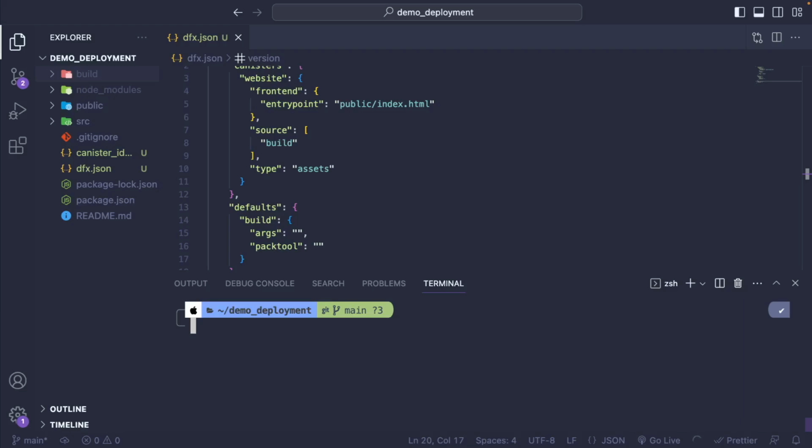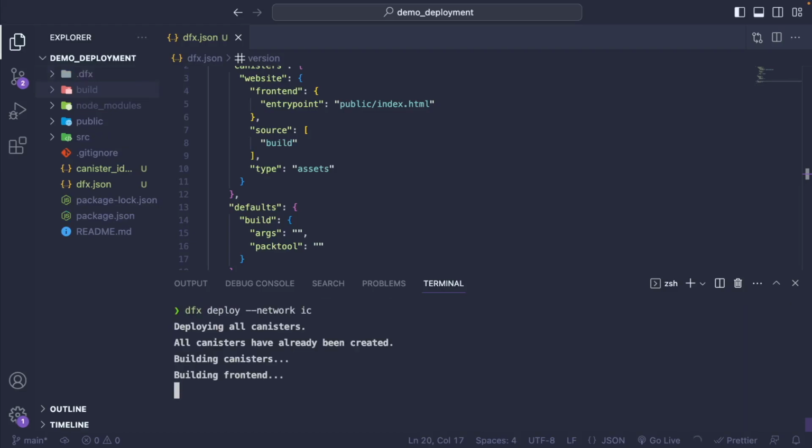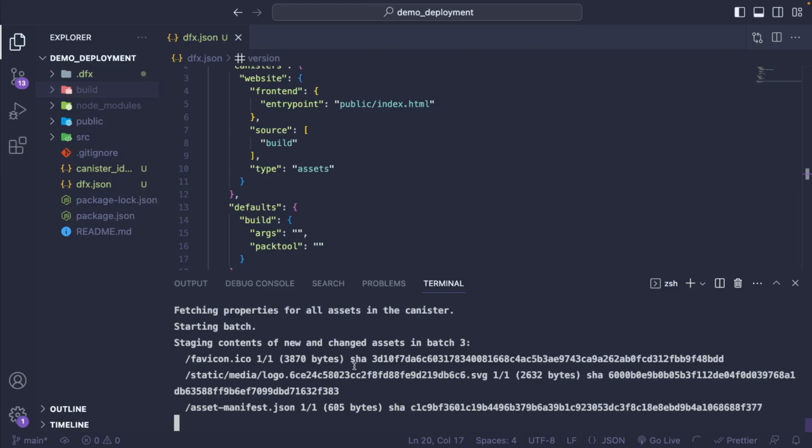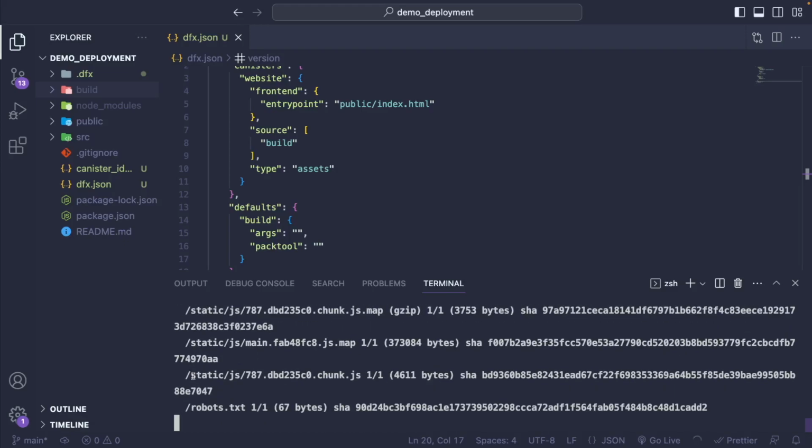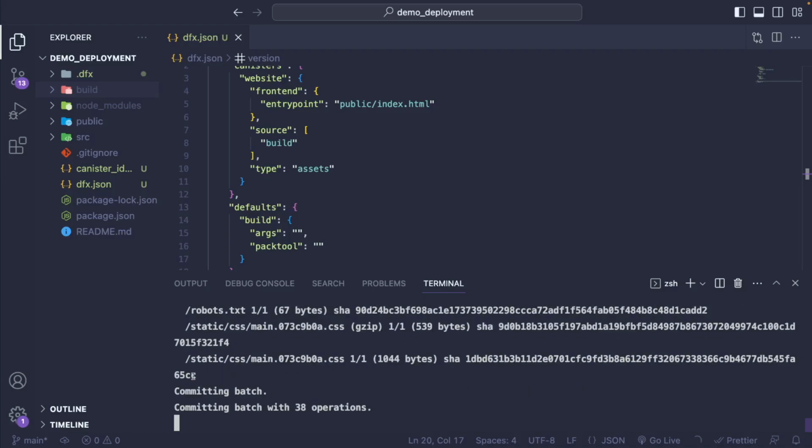We have everything in place. We just need to run the dfx deploy --network ic command. So this will create a canister for us. And then once the canister is created, it will upload all the assets corresponding to our application inside the canister. As you can see, the index.html, the JavaScript, the CSS, even the images, the text file, everything is being uploaded